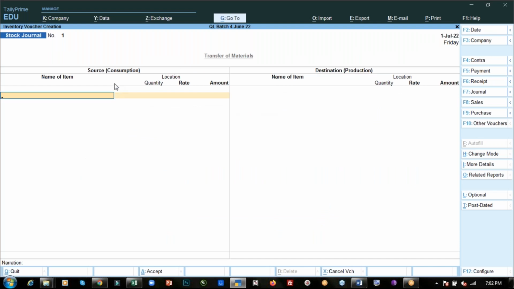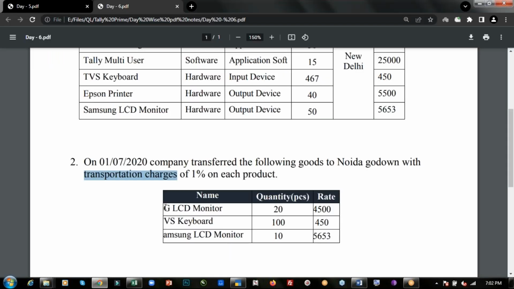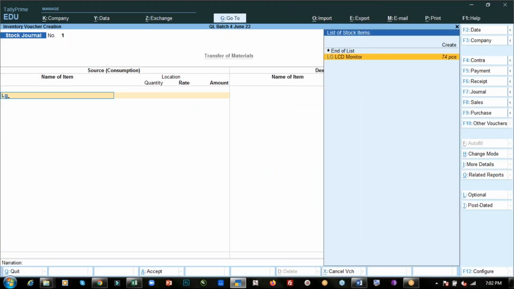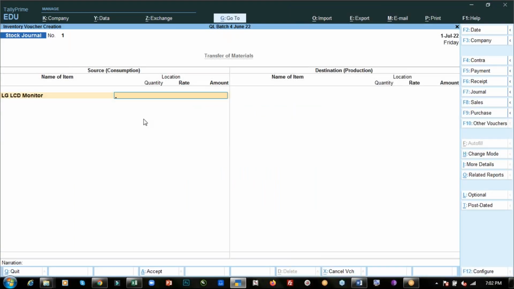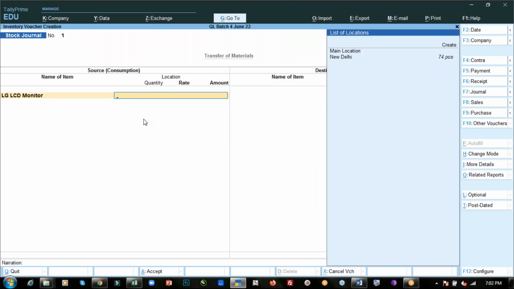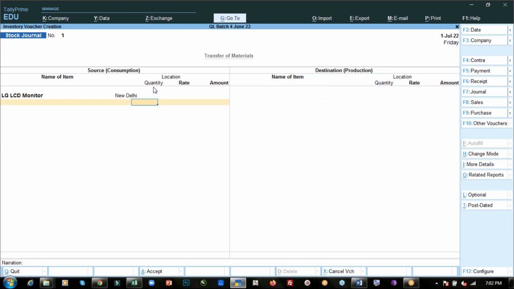In the source location, select the items and the go down which we are transferring. So first item is LG LCD monitor. Select that. Here, press space bar and you have to select the location. So the source location for the stock item is New Delhi. Select that. Fill the quantity. You can see the quantity option is coming. We have to fill the quantity here. We are transferring